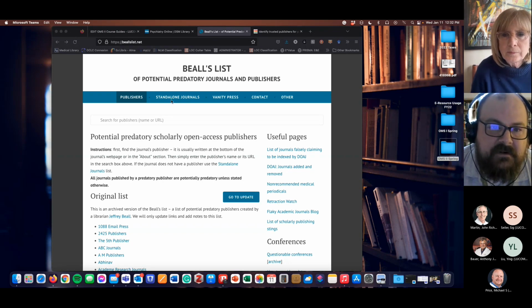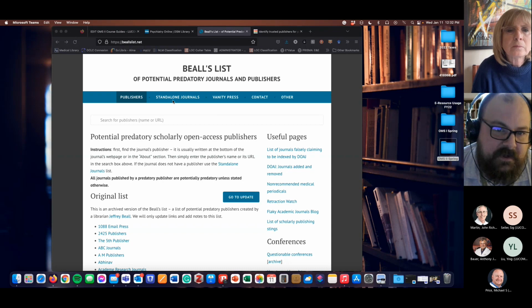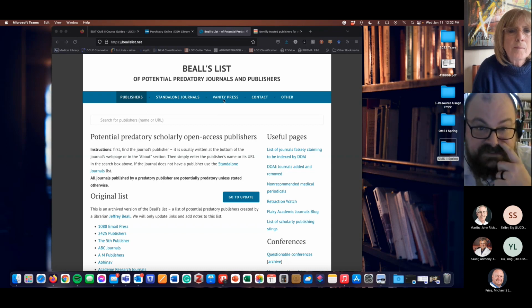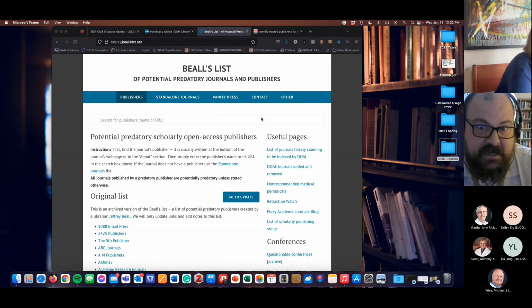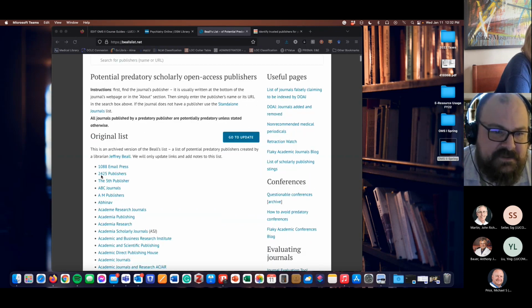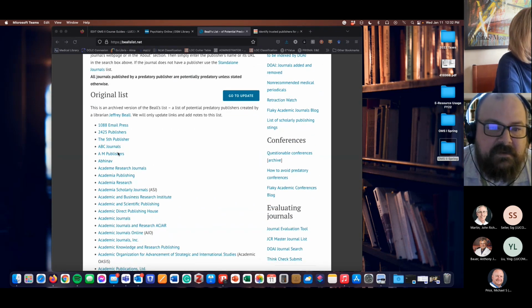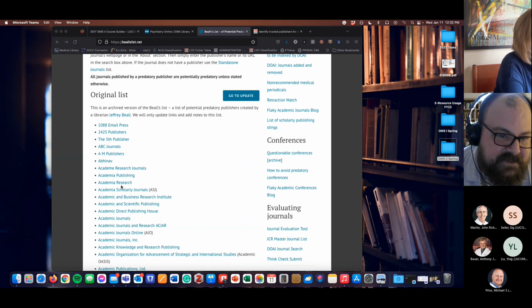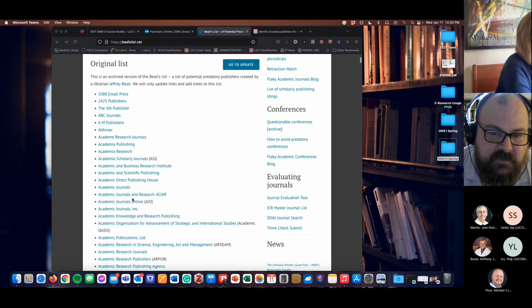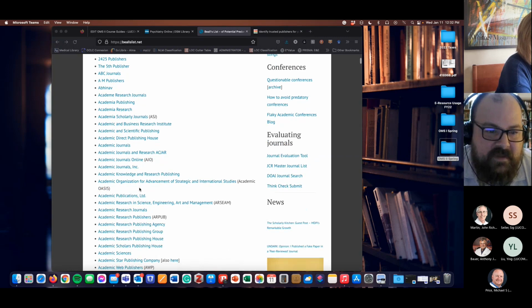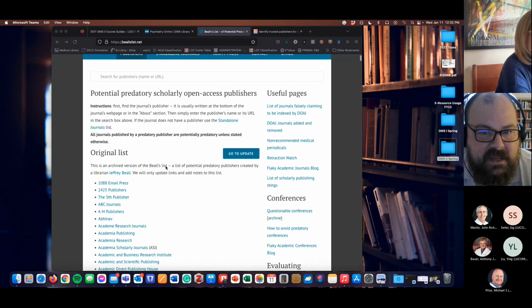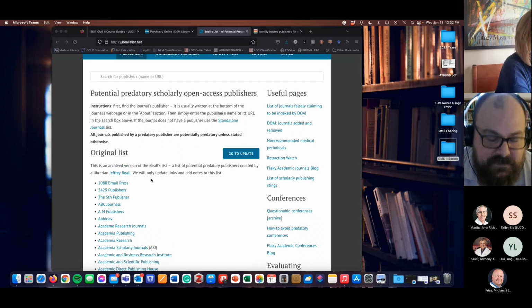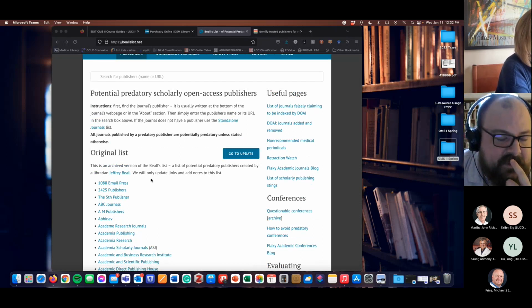There are tabs up here for publishers that are predatory, or standalone journals, or what we might consider vanity press, where you just pay and they'll publish anything. I'm not sure if this contact is still working, the person administering it now. But there's a list here, and if you see these publishers, Academia Publishing, Academia Research, without knowing offhand whether they were predatory, this list has been indexed here. There's a ton, alphabetically listed.